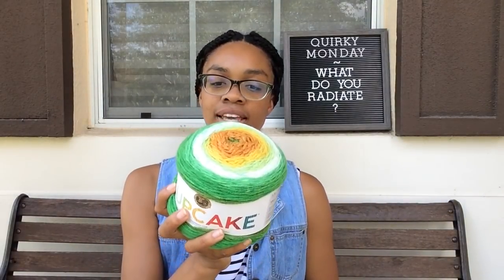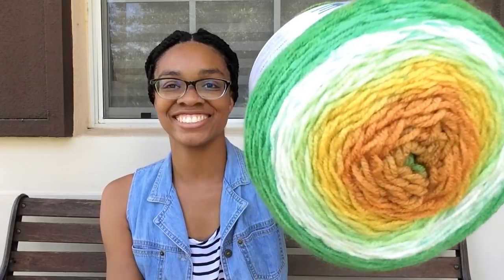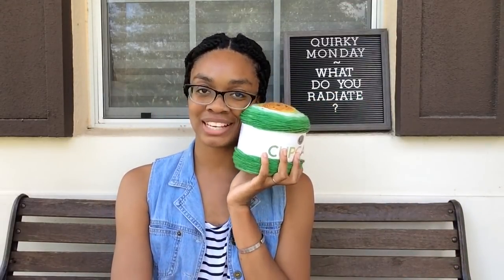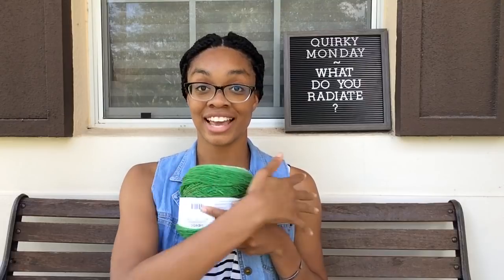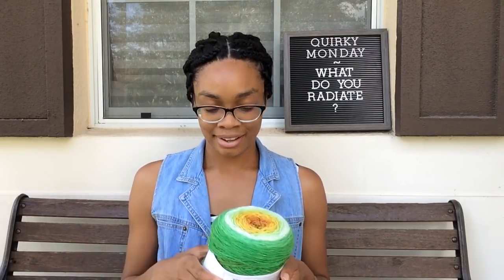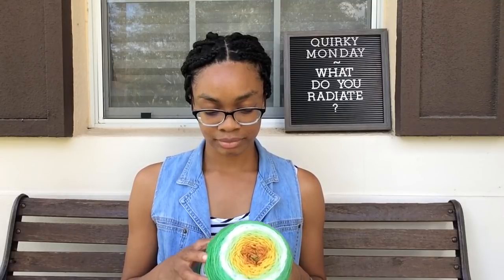And this one is Peas and Carrots. So I'm kind of leaning toward Peas and Carrots because I think it would be really cool to have this green as like a lace on the top. I think that would be really pretty. And then have it go down to